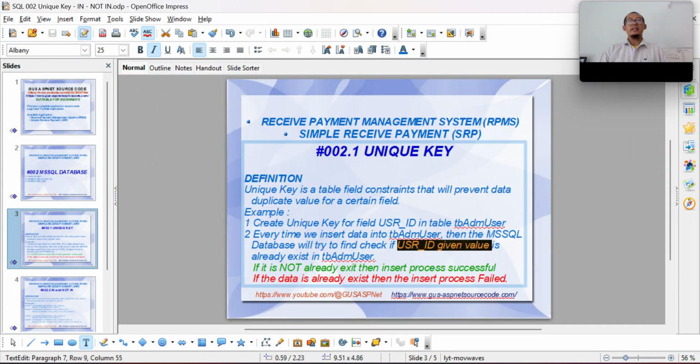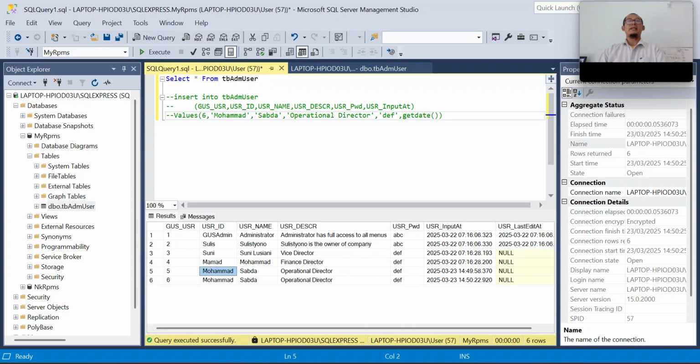If it does not exist, the insert process is successful. But if the data already exists, then the insert process will fail. Okay, let's demonstrate.